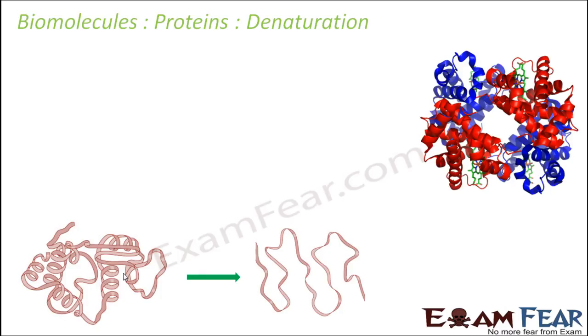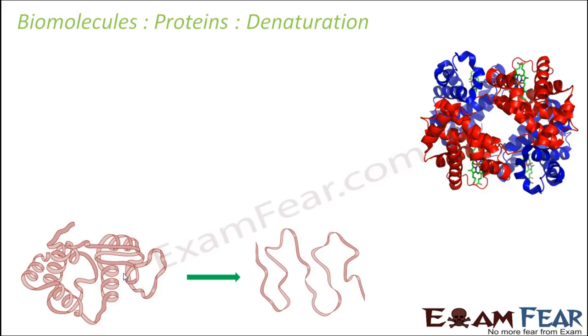How? When it is subjected to a change in temperature or pH. If you subject the protein to a change in temperature or pH, the hydrogen bonds or the intermolecular bonds which we were talking about might get disrupted